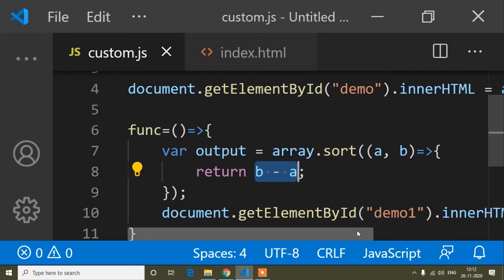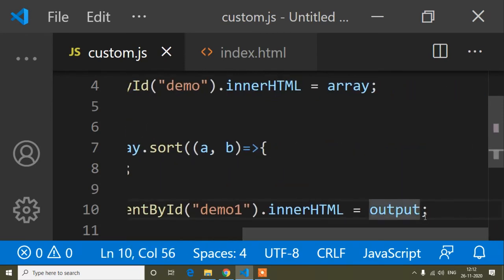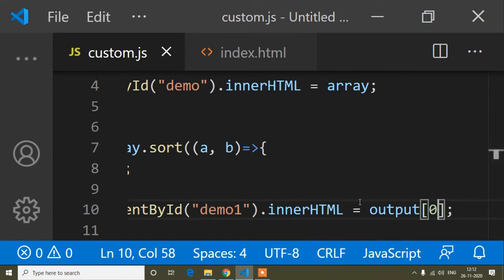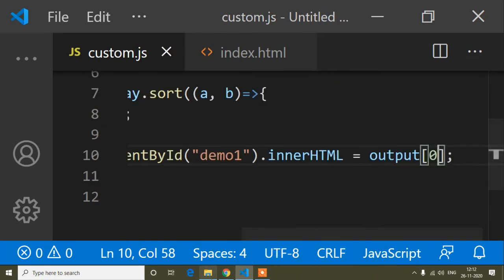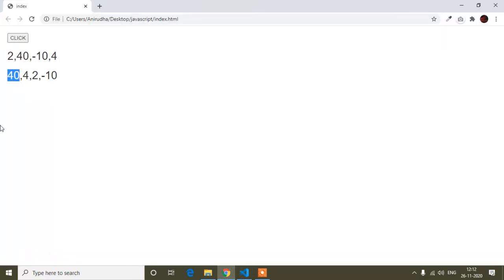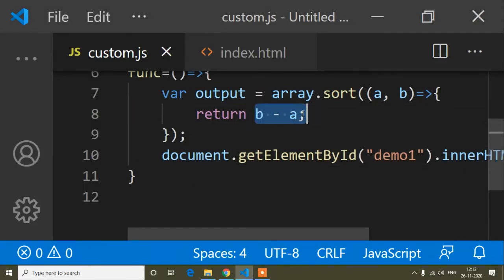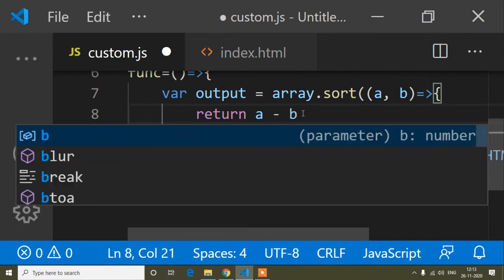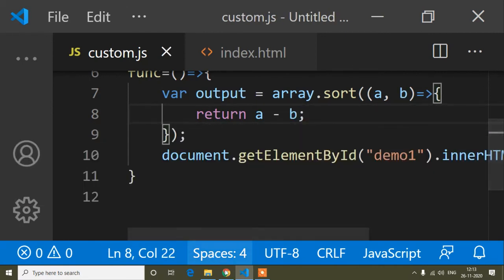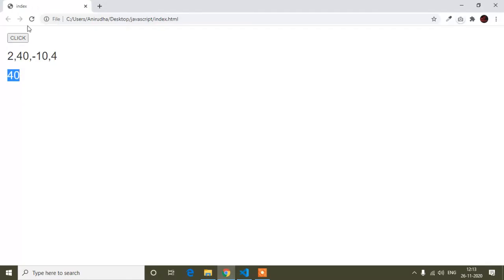So in this output I can write 0. Now refresh. Here you can see I'm getting the highest value. And now if I write a minus b here and refresh it, you can see I'm getting the lowest value.